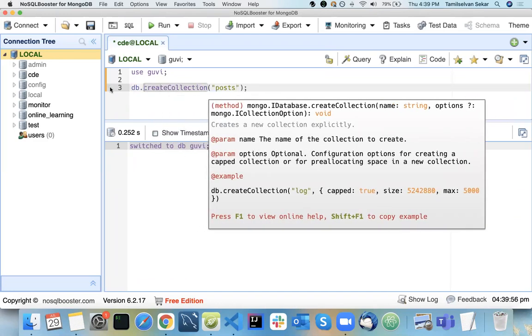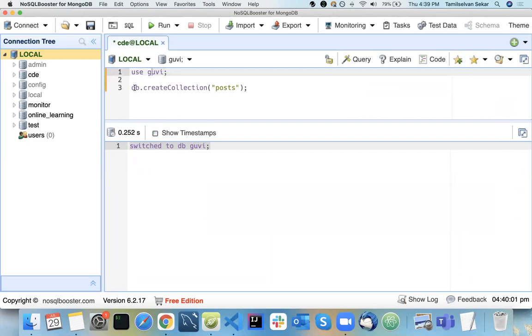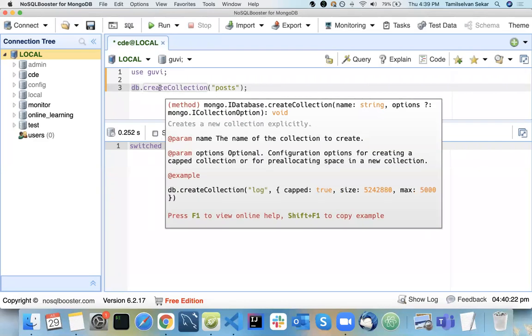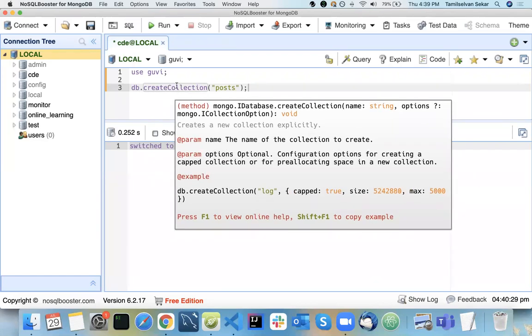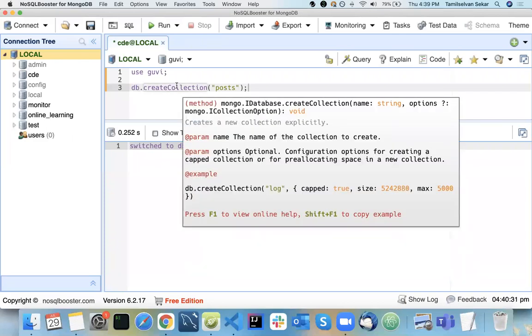It will just use GUI. This db here, see the documentation, where db equals mongo dot get database. Basically everything in your MongoDB is written using something like JavaScript. So db is nothing but a variable pointing to your GUI database, and GUI database dot createCollection is something like creating a table. See the documentation: createCollection is just a function. The first argument is the name, and other things are some options to it. It will just give you the documentation.